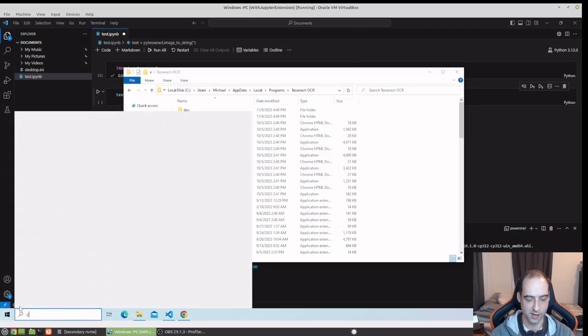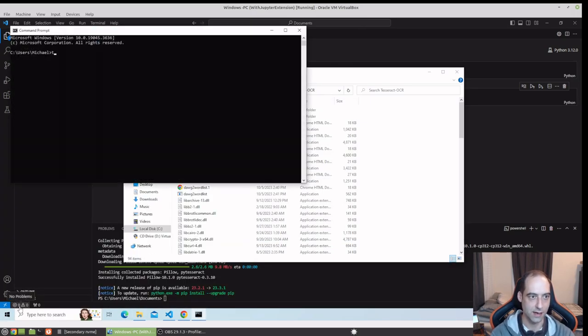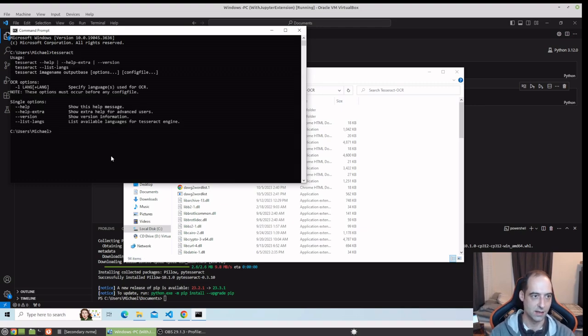And now if we open up a command prompt, if you choose to do it that way, we should just be able to do tesseract, and you see it's calling the executable in that directory. Okay,